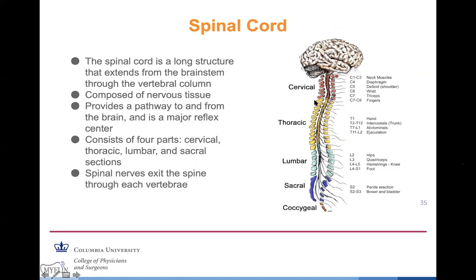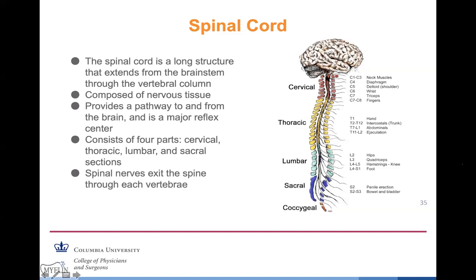So just to talk about the spinal cord. The spinal cord, I mentioned, is an extension of the brain, and it typically ends in what we call the lumbar region. The vertebrae are divided into four parts: the cervical vertebrae, the thoracic vertebrae, the lumbar vertebrae, and the sacral vertebrae. And the spinal cord courses through all of these areas, and depending on the area that's damaged,